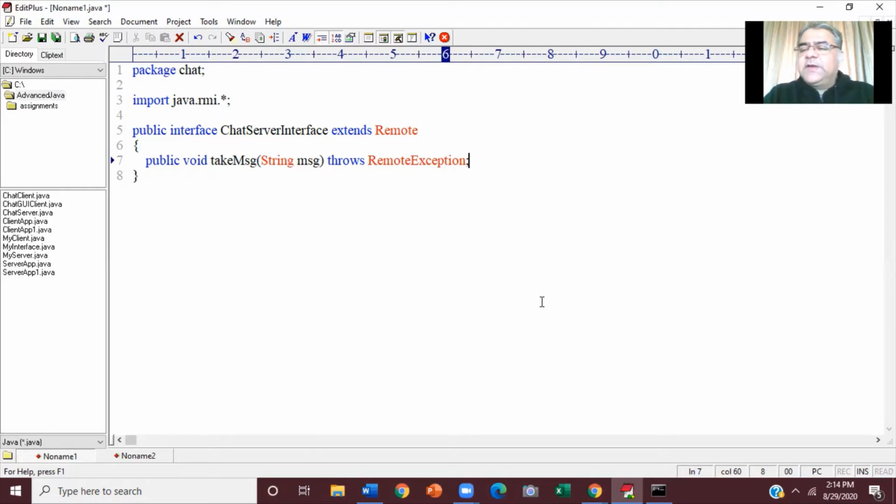Chat client interface. We can keep the parameter type as chat client interface. Client is going to pass his own stub. Client stub is going to implement chat client interface. So don't you think we can keep the parameter type as chat client interface? Because anyway, if we keep remote, we'll have to further typecast it to chat client interface. So it's better that we directly keep the parameter type to be chat client interface. This is our application. We can be specific.